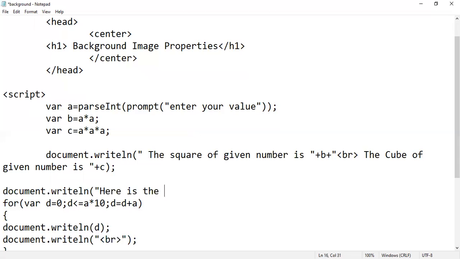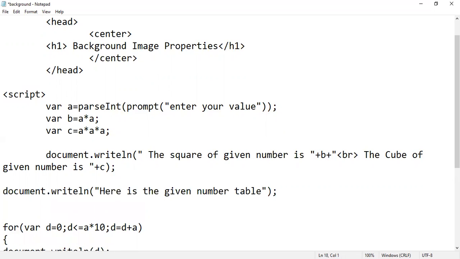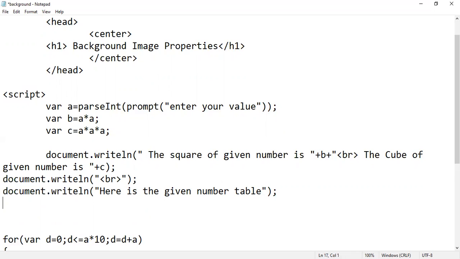Here is the given number table, right? Close it, and close here again. And you just insert the br tag here for what? Line 2. document.writeln and use the br tag here, and use the semicolon here again. And similarly, just go to the next line and use here again